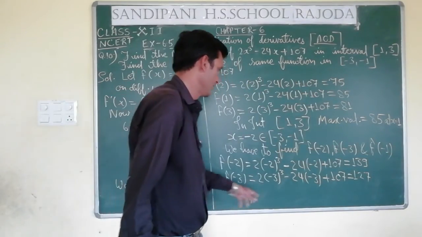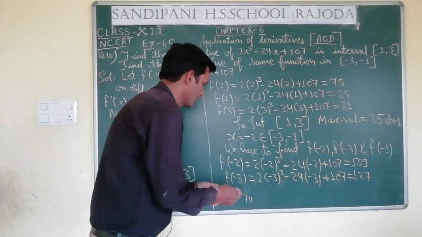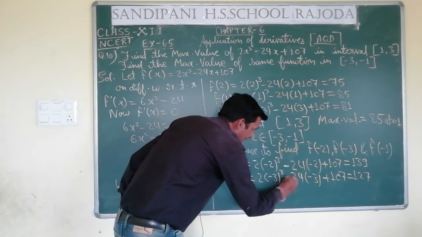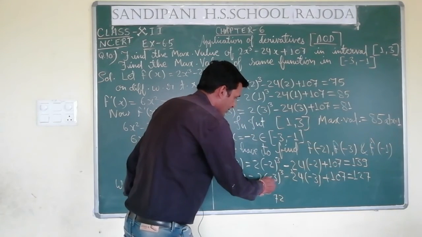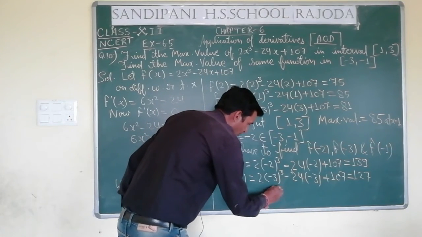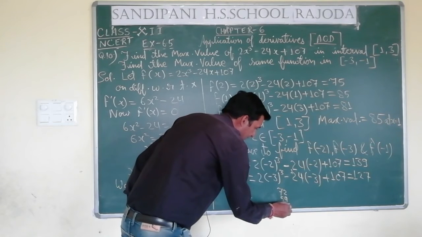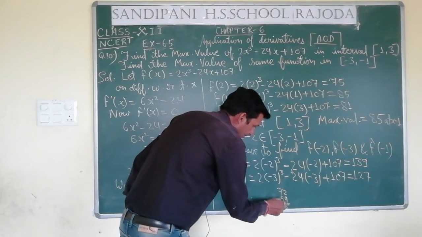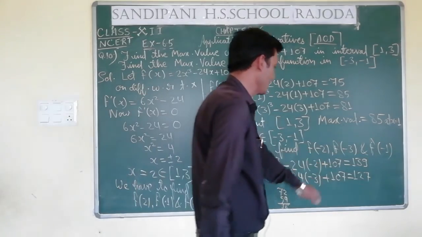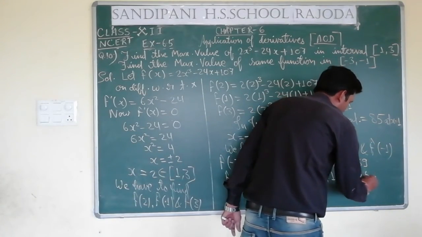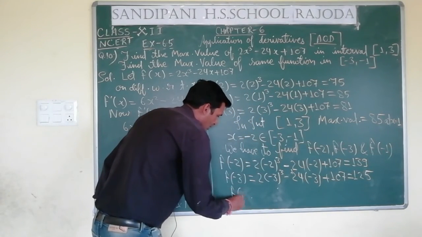Okay. 20 is here because 24 3s are, sorry, 3 4s are 12 and 3 2s are 6 and 1 7, 72 it is, 72 and here it is 54. 72 minus 54, that is equal to how much? 12 minus 4 is 8 and 6 minus 5 is 1, 18, here it is 18. 18 plus 107, 125, 125 here, and now f of minus 1 also we have to find.